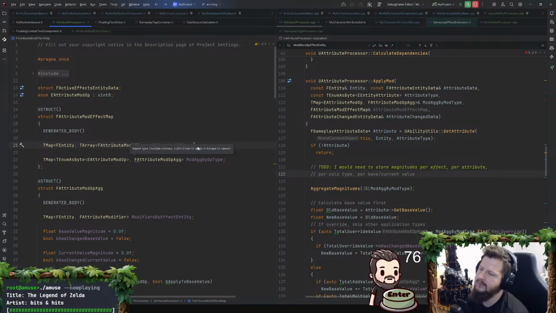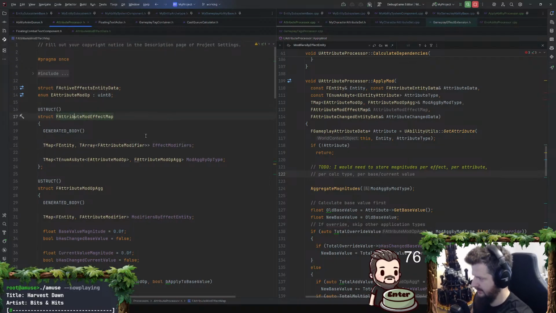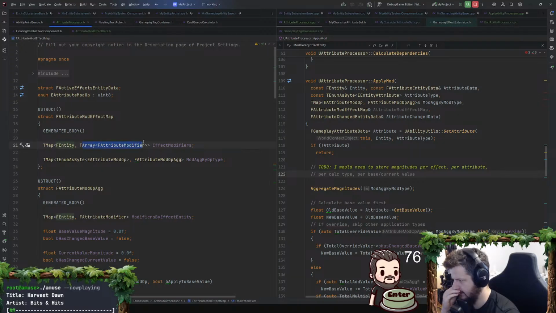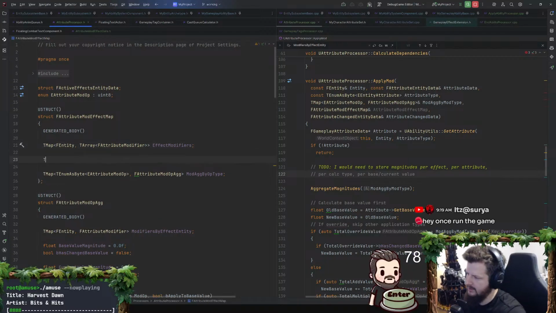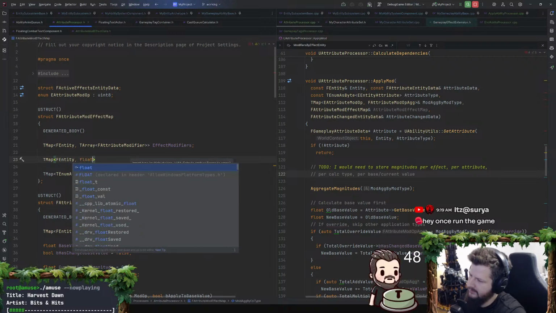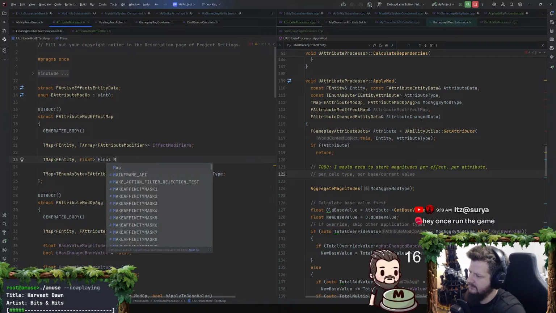Do I need a wrapper around that? I actually need something, because this is per attribute. We have this per attribute, so I would need something, not an array here. I think I need something else, like a TMap of F entity to basically a float for final magnitudes.